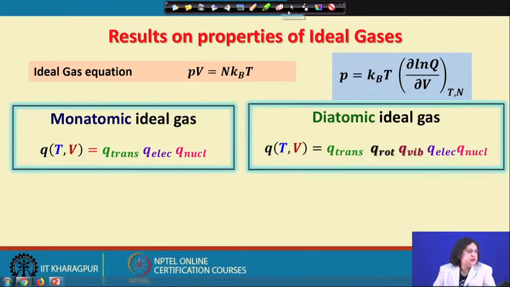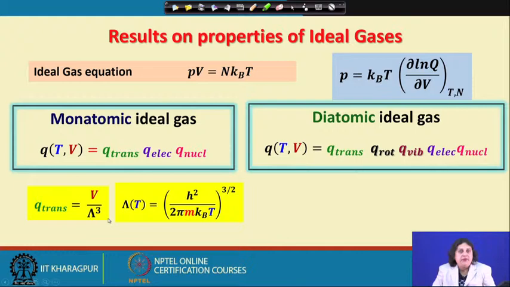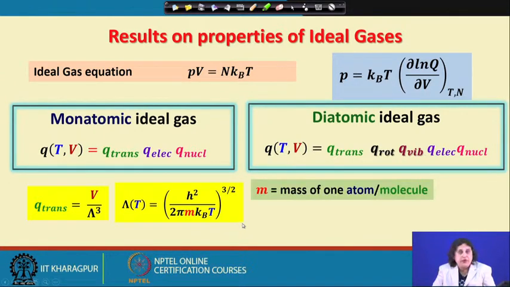Now, what we find here is it is possible to write down what q trans is, irrespective of whether we are dealing with a monatomic ideal gas or a diatomic ideal gas, and this is given in terms of the volume of the gas divided by the cube of the thermal de Broglie wavelength lambda, where we have already seen that lambda depends on temperature and the mass of each particle, and therefore the way the monatomic and the diatomic gases will differ from each other will be in terms of this quantity